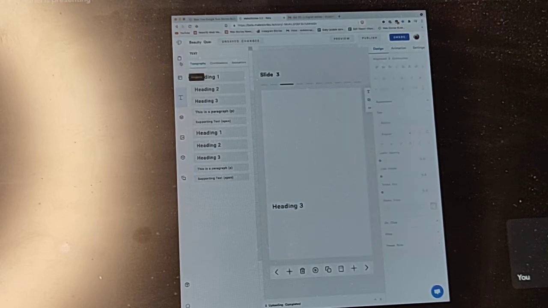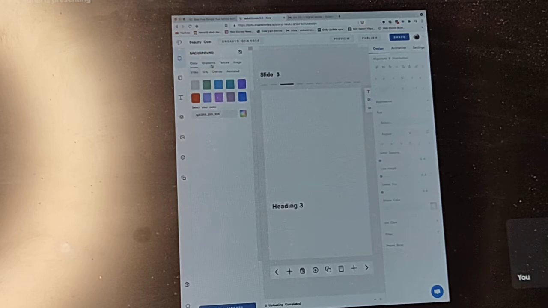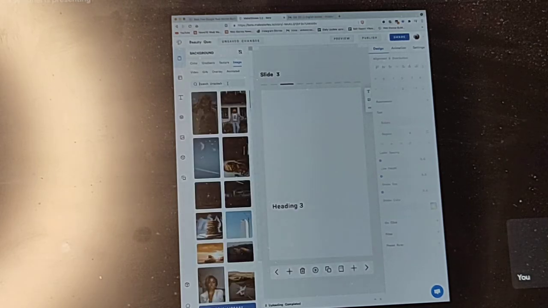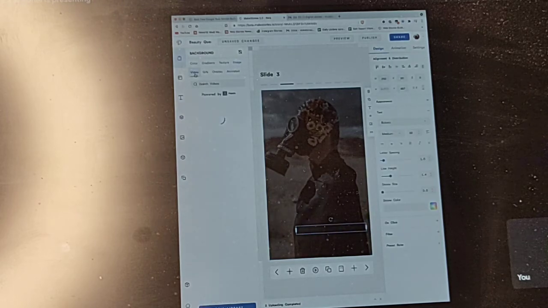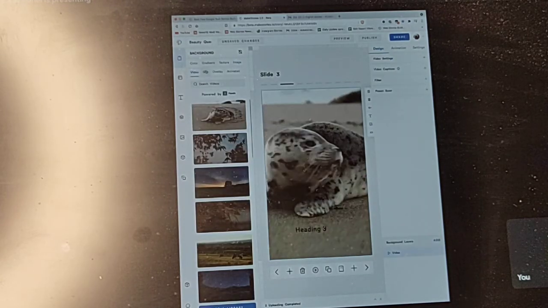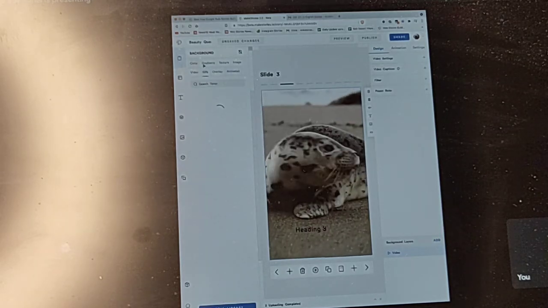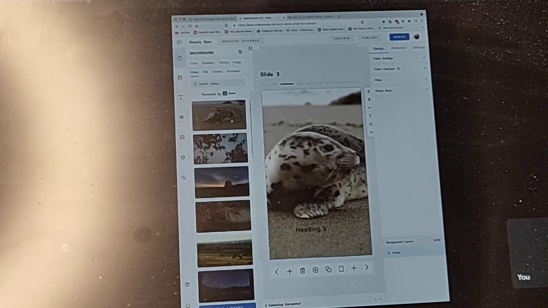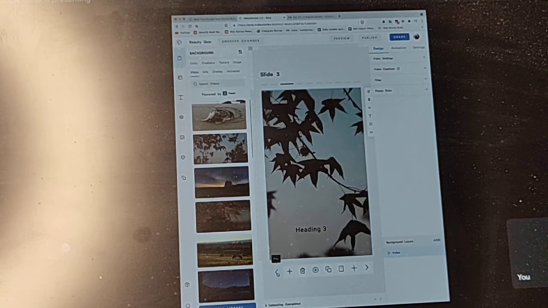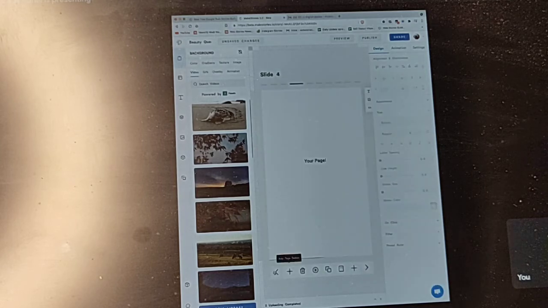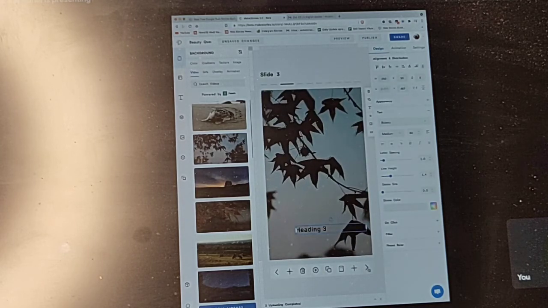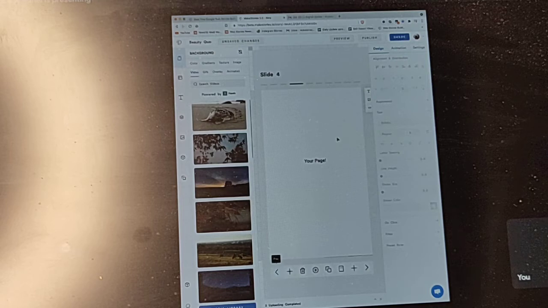For footage, you can also use these options like images. You can also search images from here. You can use videos from here also, and GIFs. Many things are there, you can just check them out. After heading 3, you can use any heading, like copy heading 3 and paste on the others. That would also work.